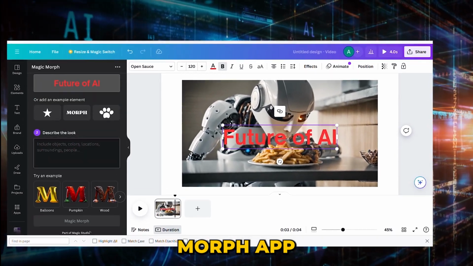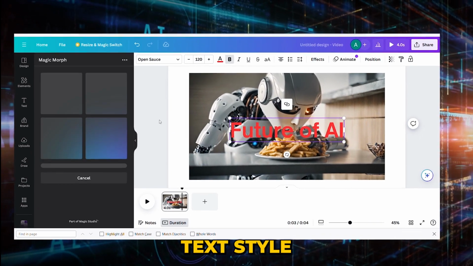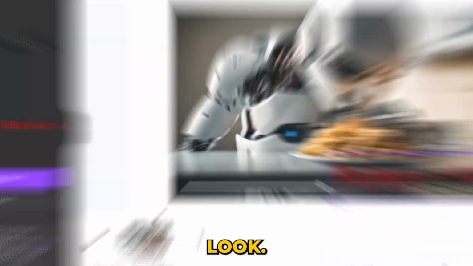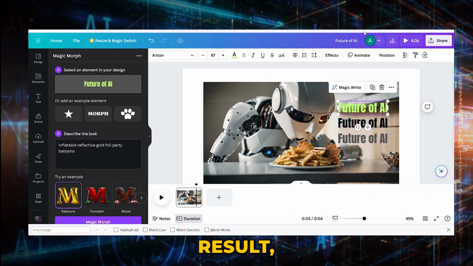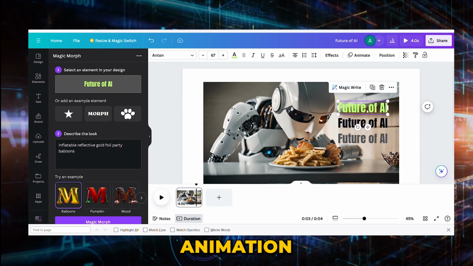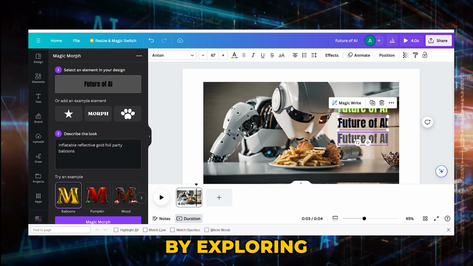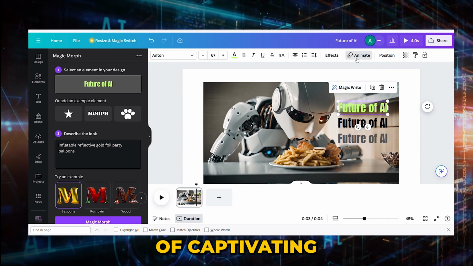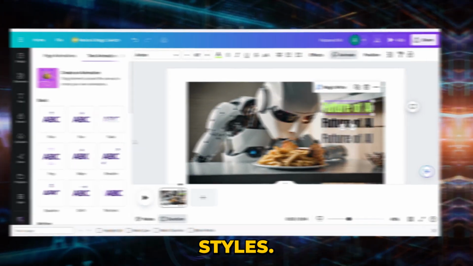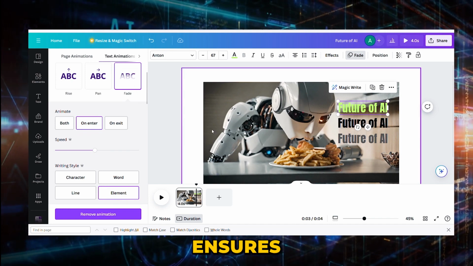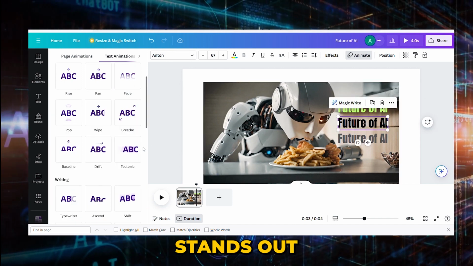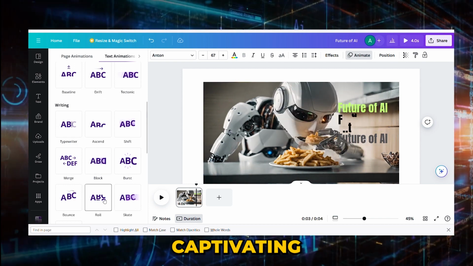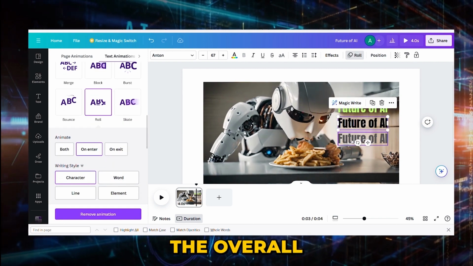Utilize the Magic Morph app to define your desired text style in the prompt box, generating a fresh and captivating look. After selecting the most suitable result, consider infusing dynamic animation into your text by exploring the Animate menu and choosing from a diverse array of captivating animation styles. This thoughtful approach ensures that your video content stands out with visually appealing and engaging text elements, captivating your audience and elevating the overall viewing